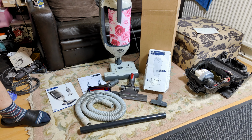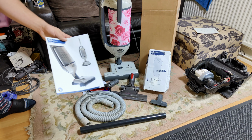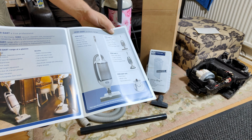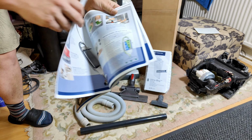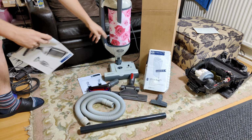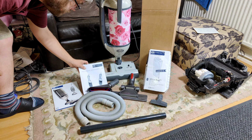You know, I paid a reasonable amount for the box and the small tools. The hose I already had. I found a brochure. That's going to go with it because they can have a look at it then and see how it's supposed to work. And obviously, that's what one should look like before we went and fitted the incorrect filter to it. I found a manual